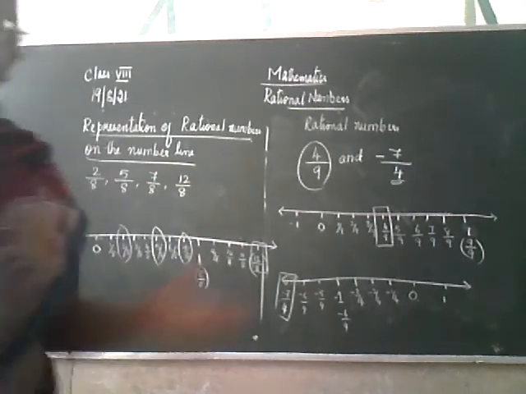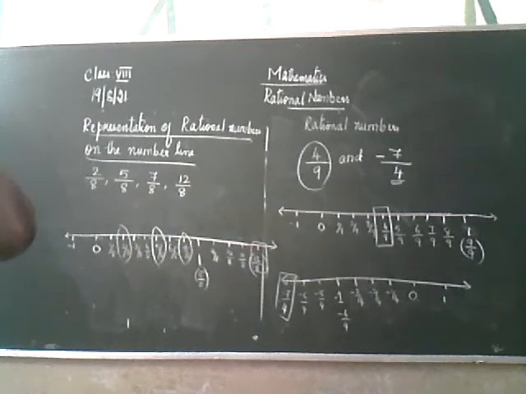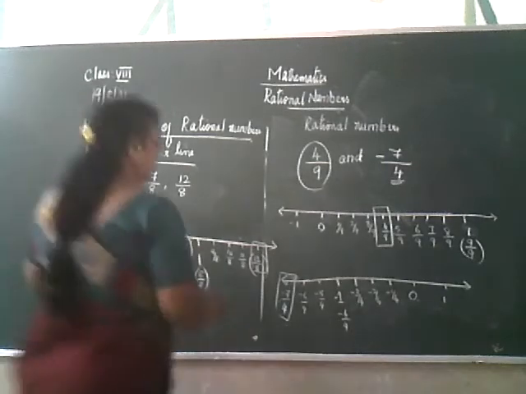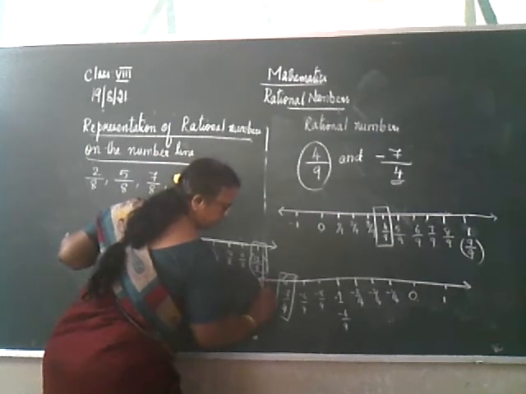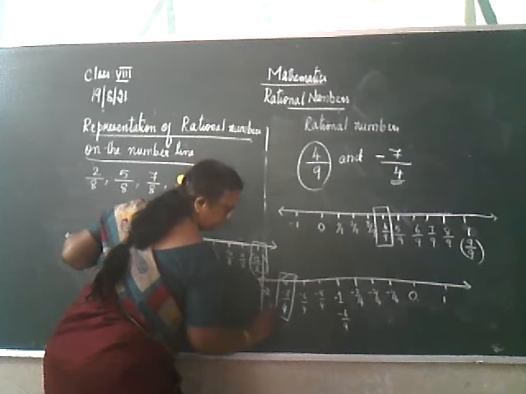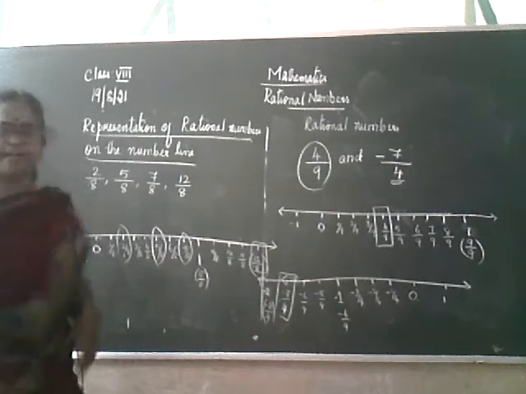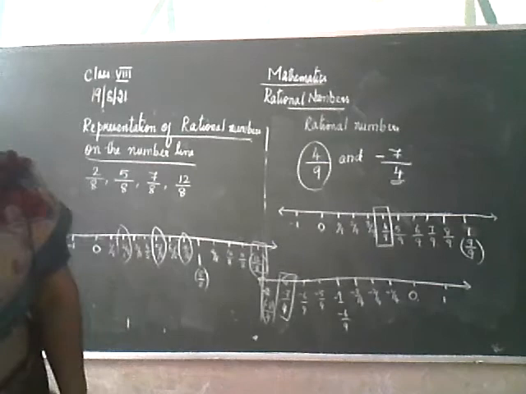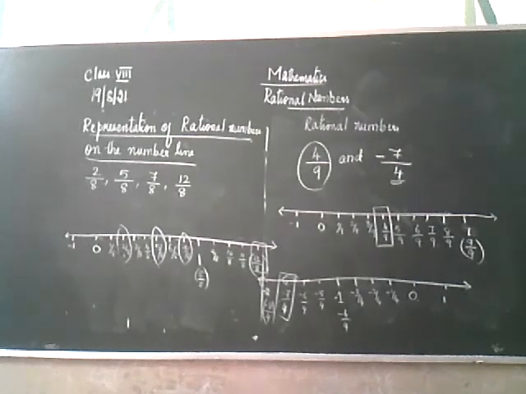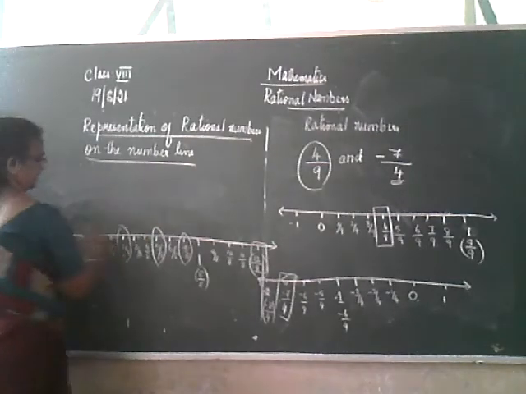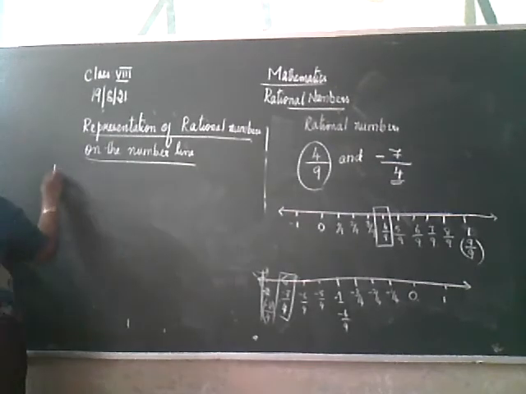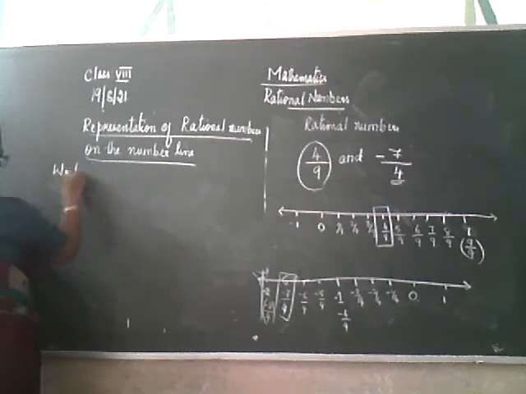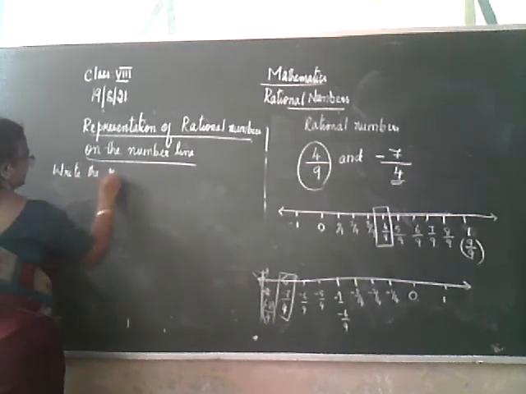Okay. Then minus 8 by 4 which is equal to minus 2. Even if you continue this, the next one will be minus 8 by 4, that is minus 2, because 4 2s are 8. So minus 2. Okay. So how to represent rational numbers on the number line, you have understood, isn't it? So let me do. Write the rational number